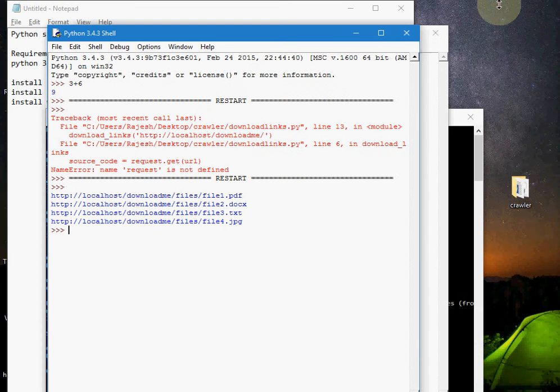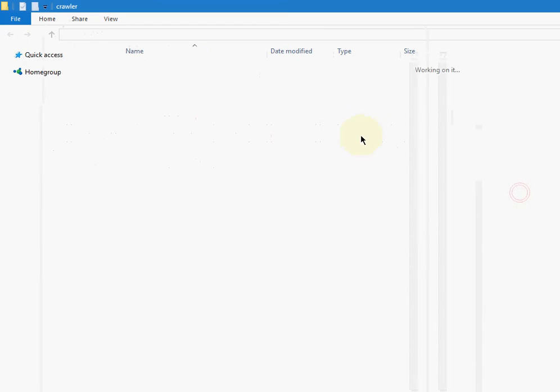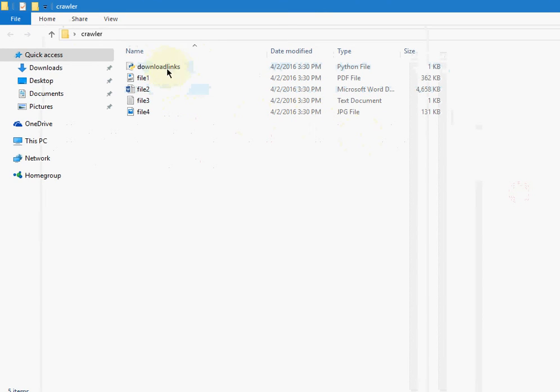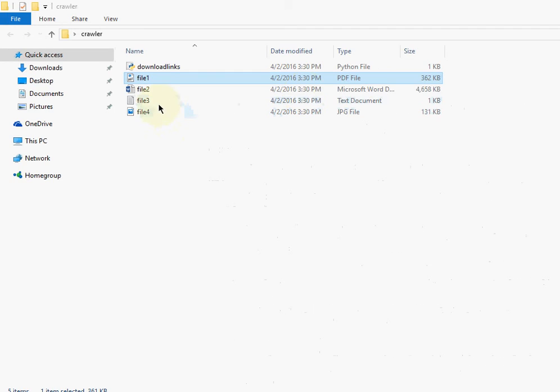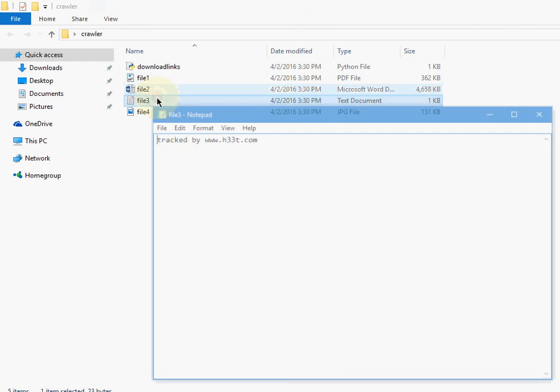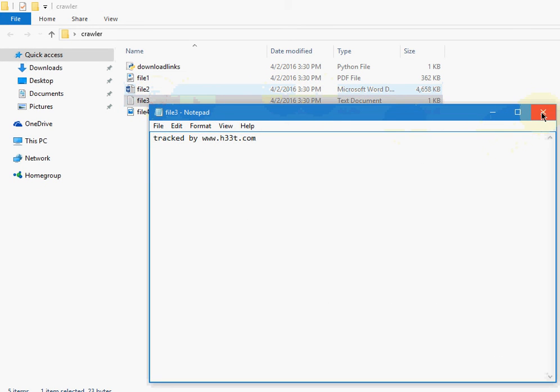So here it is, our product folder. It will come into the same folder where you saved your script. So I can open any of them. Here you can see, it's our PDF document, it's well downloaded, and we can open it. This is our text file, you can see we are able to open it, and our JPG, all the files are downloaded here.